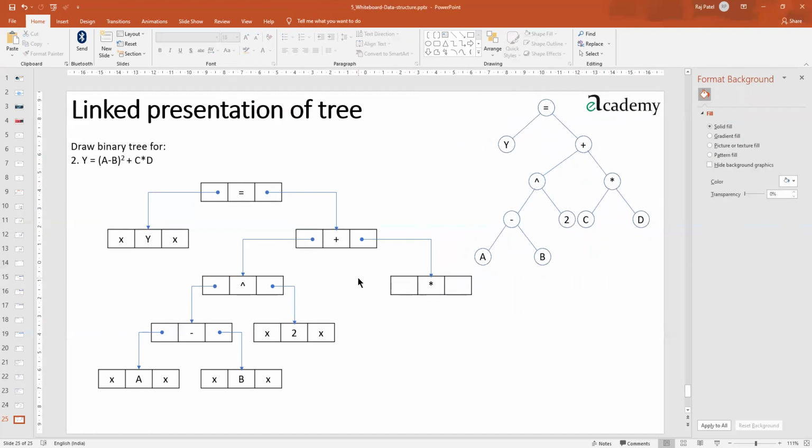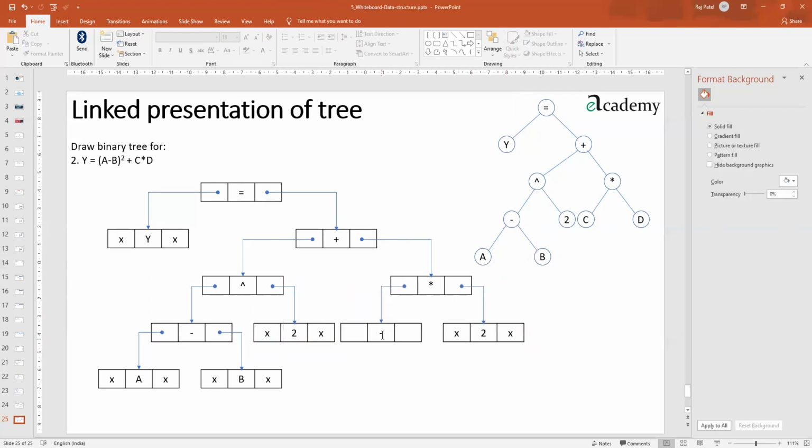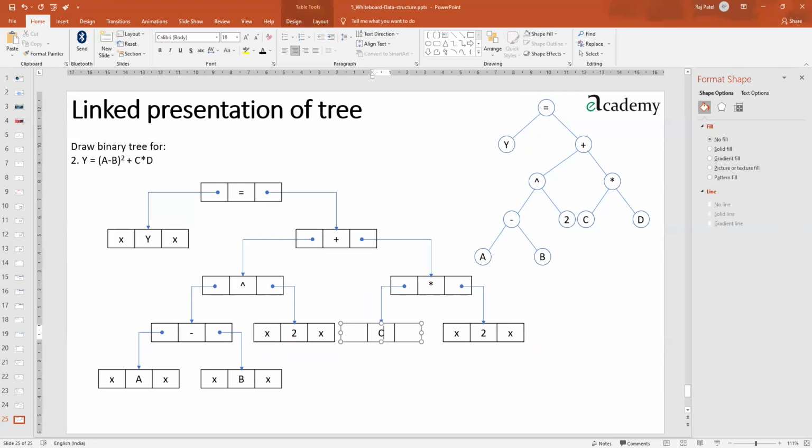Yeah. So what is required here is this logic. Okay. So here it will be C, X, X, sorry, and this will be D.